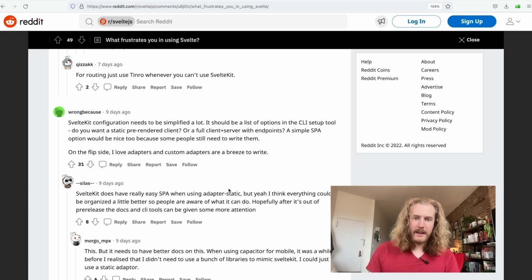And what I find with CLIs that give me a list of predetermined options is that I don't understand the difference between them. Like, I know how to create a completely static site, or I know how to create a fully server-side rendered thing. I know how to do the Node version or the Cloudflare version or the Vercel version, because these are options that are in my CLI. But then what if I change my mind? What if I need to change something afterwards? Then my job of figuring out how to do that is much harder, because I don't understand the differences between